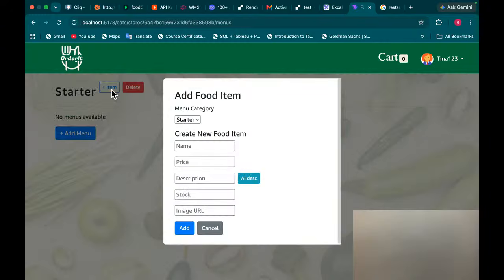Starter created, right? Now click this item. Okay, so sorry. Create the item. Starter created. Now click this item. This will come, menu category. You can select if you guys have created so many categories. Now here I will type paneer malai tikka. Okay, and price I will give 300. And this is the AI description. If you click this AI description, marinated paneer cooked in a creamy malai sauce served as a starter, like this some description has been created. Stock you can give 30, and image URL if you want to give,